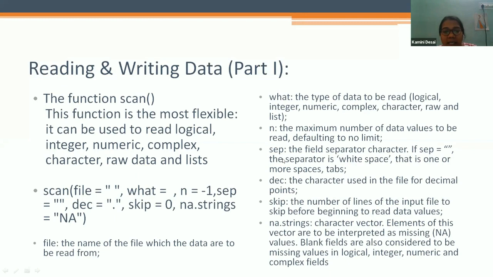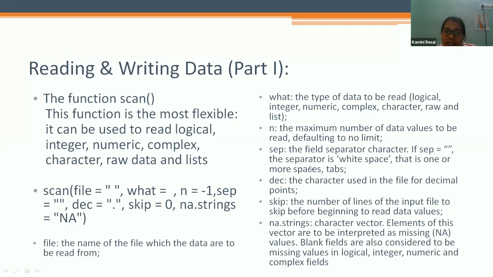sep means separator, the field separator character. If it is empty inverted commas, we are not giving anything, that is white space. If our data has two values separated by a comma, we define sep as comma, that is comma separated.